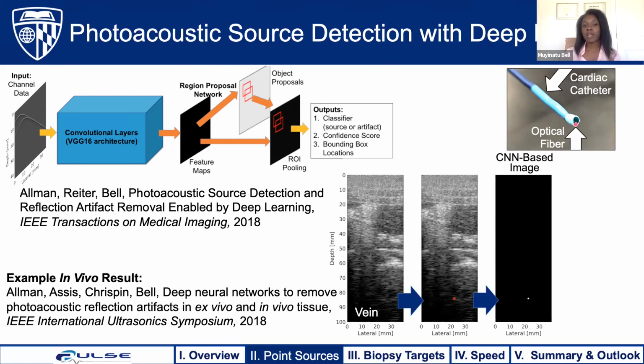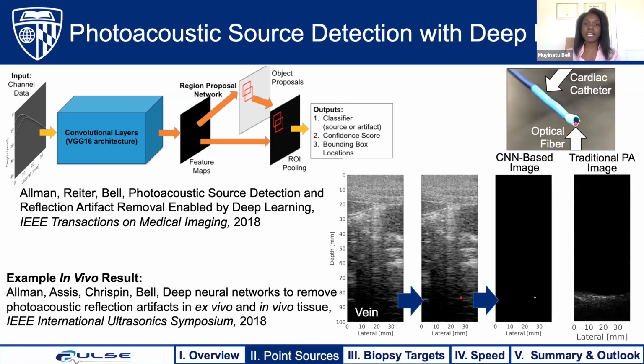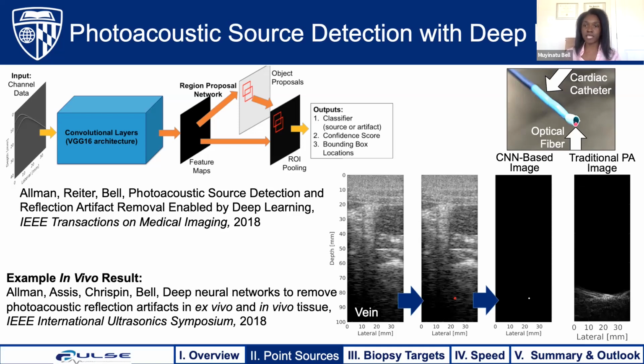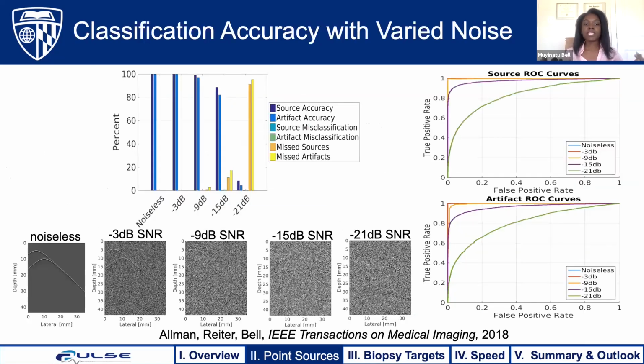And then we can compare the CNN result to the poor quality resolution results achieved with more traditional beamforming and immediately appreciate the benefits of the deep learning approach. To provide more details about how this network was trained, we varied multiple parameters during the training process, one of them being the amount of noise